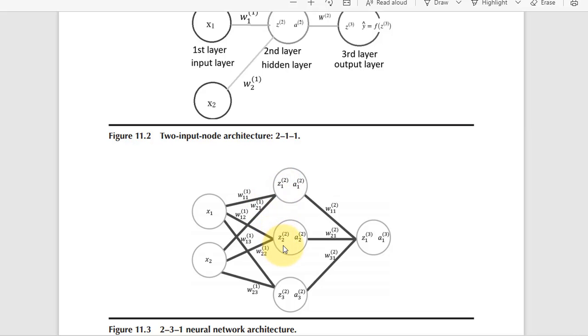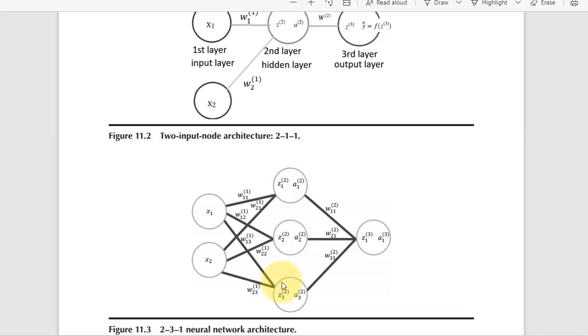Now how do you get this one? You take this value times the weight on this edge, which happens to be W12, and then you take this value times the weight on this edge, and you add those two together to get this. And then you can see you're going to do the same kind of thing for this number. So that's how you get the Z1,